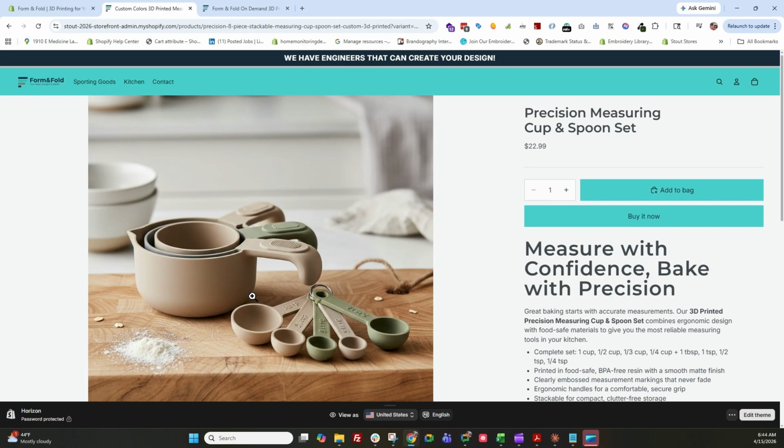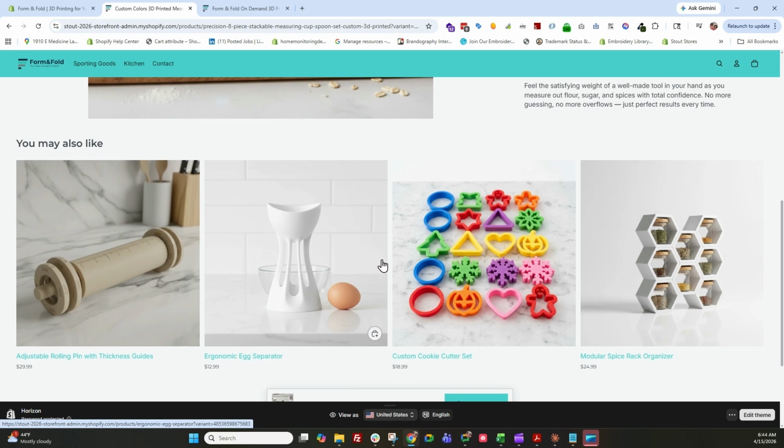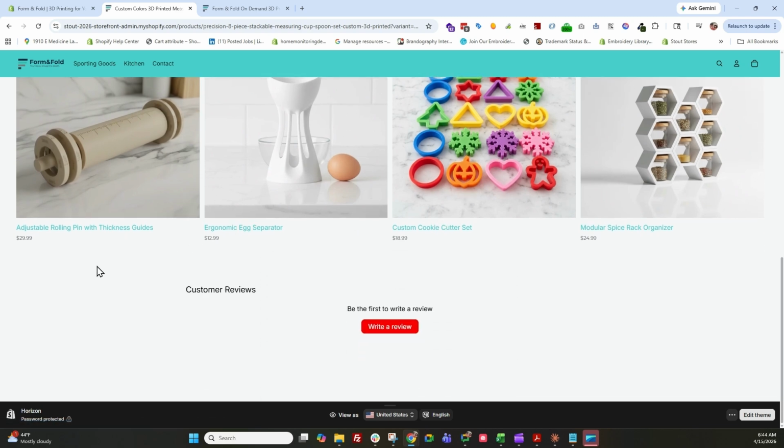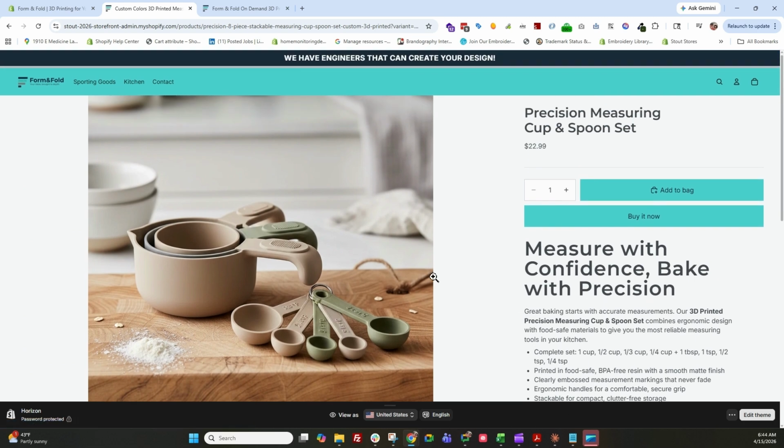Again, I take out the picture, make sure that my product information is correct. Scroll down. You may also like, yep, that's all in there. Customer reviews. Now, this won't show any reviews right now because we haven't written any, but if we did, it would have a review there, and it does have the write a review. So I've now QC'd this product here, and I'm gonna add it to my cart or bag as it would